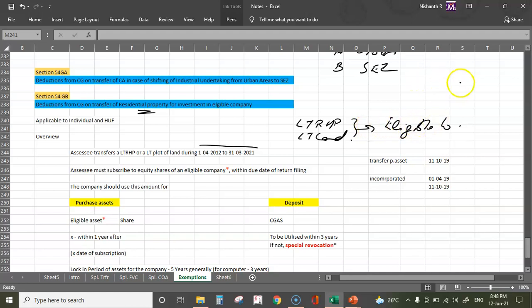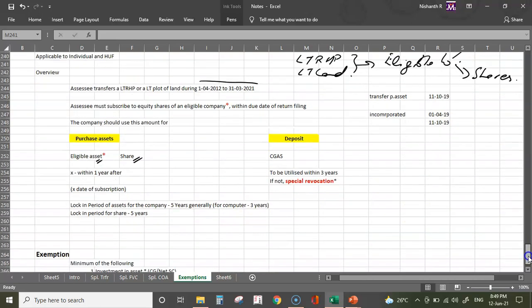Alright, so this investment can be by way of purchasing assets for these companies or can be by way of buying shares of this company. So purchasing assets can be buying assets or buying shares. So that's the eligible investment. Now this investment should happen within 1 year after the date of transfer. Alright, 1 year after date of transfer. In such a case,